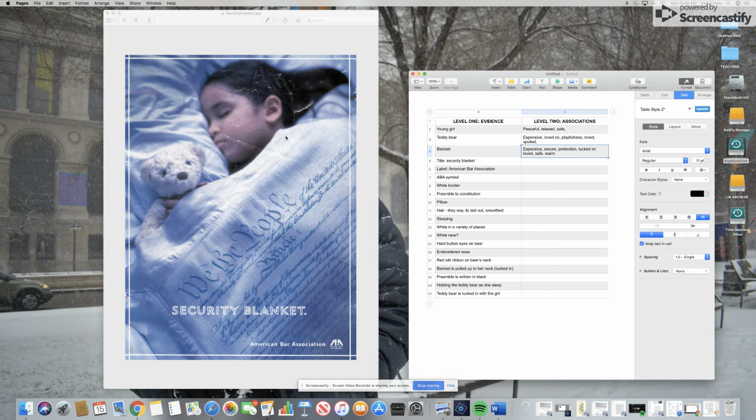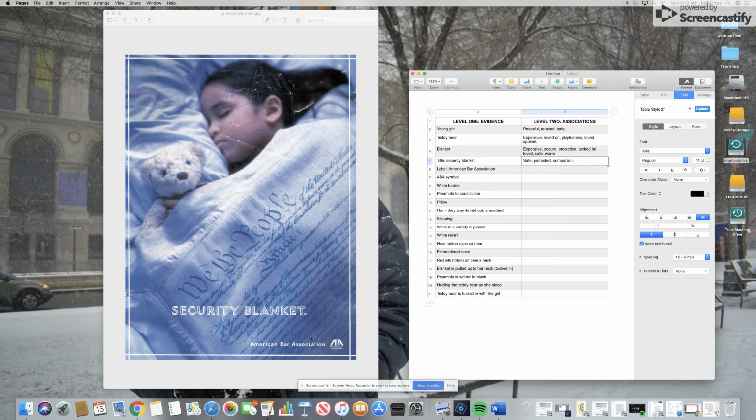Under that blanket. If I look now at another thing that I noticed, I might notice the words security blanket. So if I think about the word security and I think about the word blanket, together a security blanket makes me feel safe. It makes me feel protected. A security blanket might make me feel like it's my companion, right? So I take it with me everywhere I go. The words security blanket. What else do they bring to mind for me?